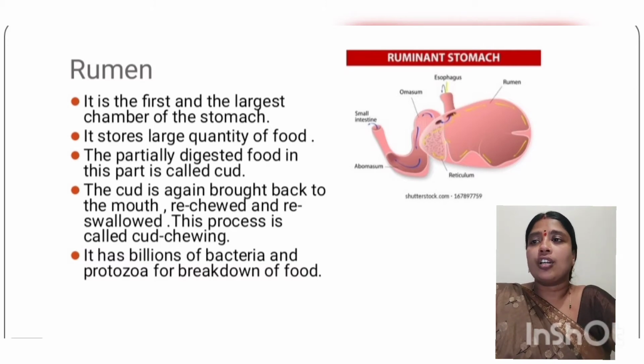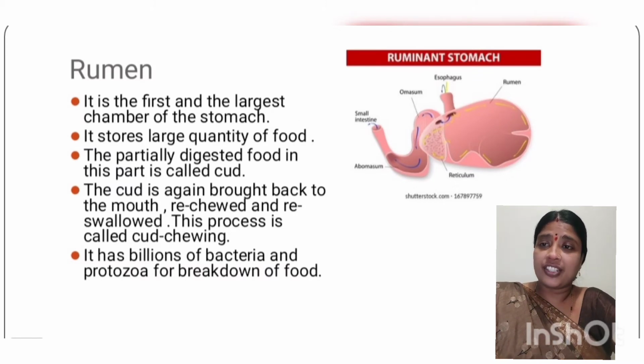Okay, now it's this rumen, it is the first and the largest chamber of the stomach. Then as it is the largest chamber, it stores large quantity of food. Now the food that is partially digested, that is known as cud. Now this cud is again brought back to the mouth, then again re-chewed and re-swallowed, and this process is